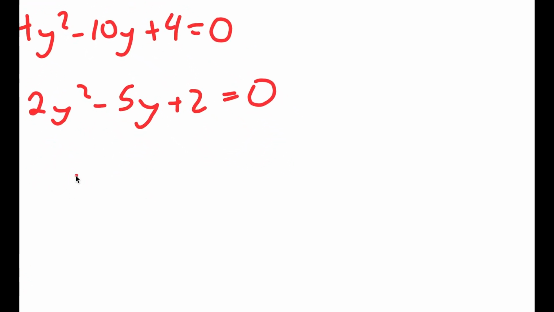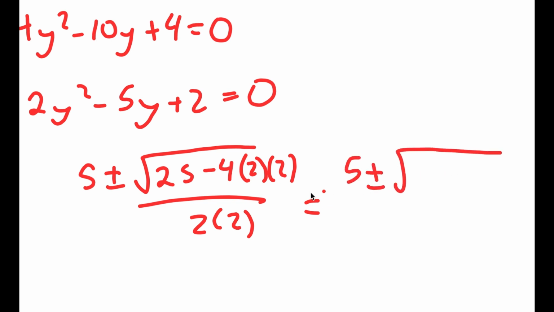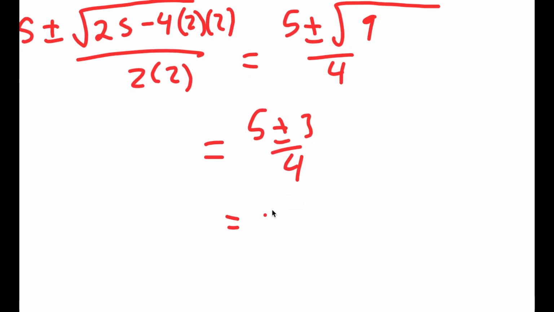So you get negative 5, so positive 5, plus or minus the square root of b squared, so negative 5 squared, which is 25, minus 4 times a, which is 2, times c, which is 2, all over 2a. And this is equal to 5 plus or minus the square root of 25 minus 16, which is 9, over 4, which is equal to 5 plus or minus 3 over 4, which is equal to either 8 over 4